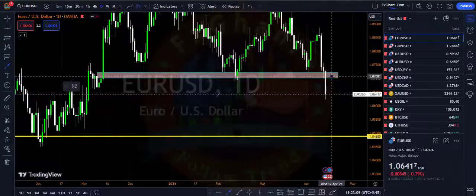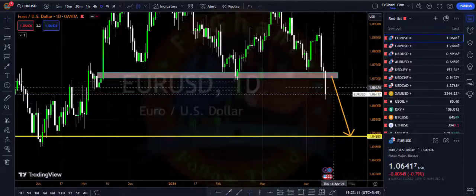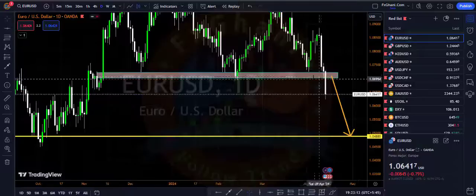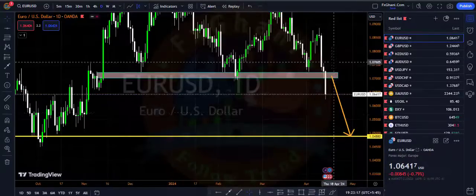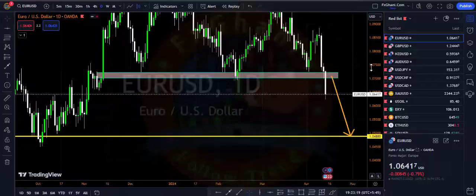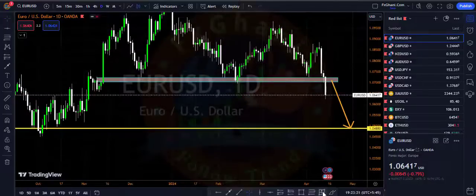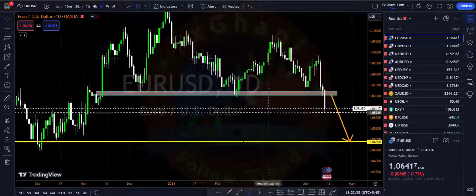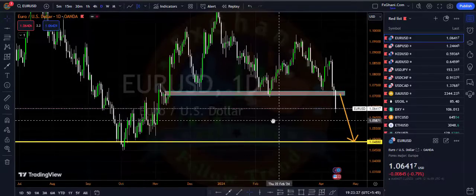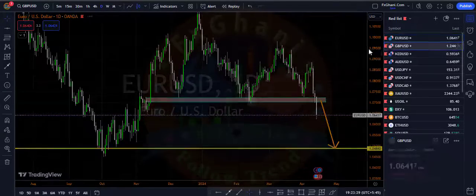support level. So in any case, if price goes upward and tries to retest this resistance level, then you can enter a sell trade and your SL is above this high. Okay, so it's almost, you can say, a 200 pips trade in EUR/USD. And then we have